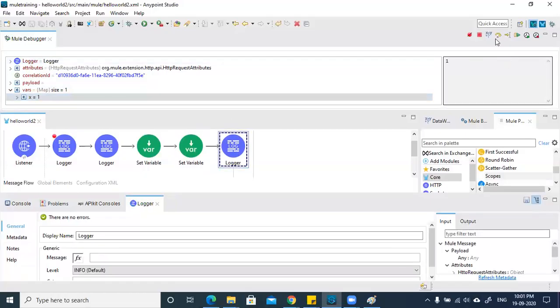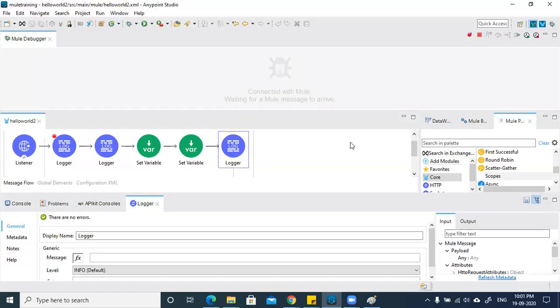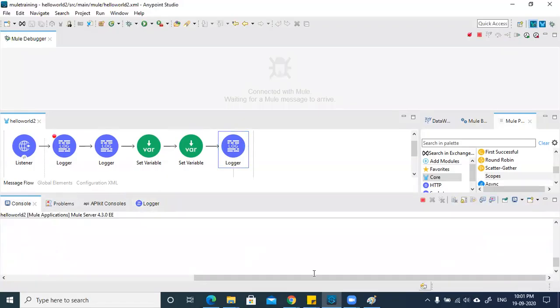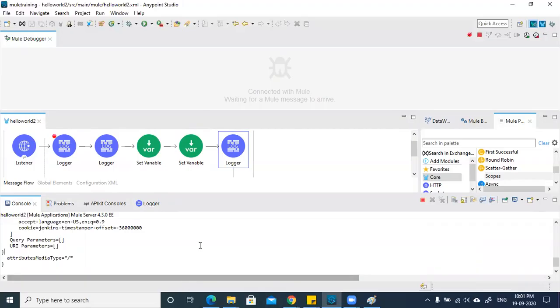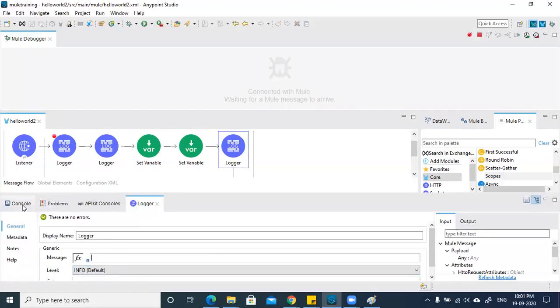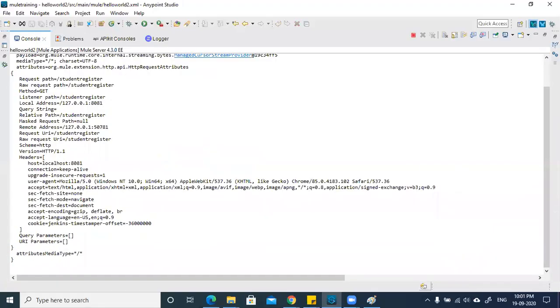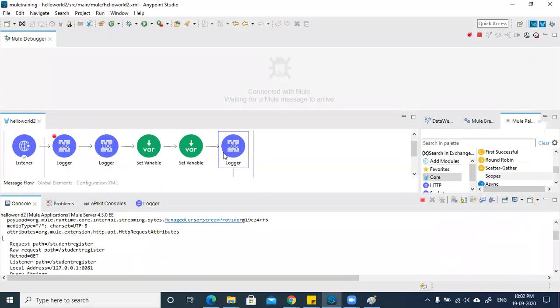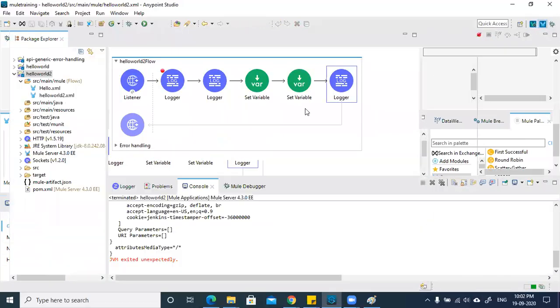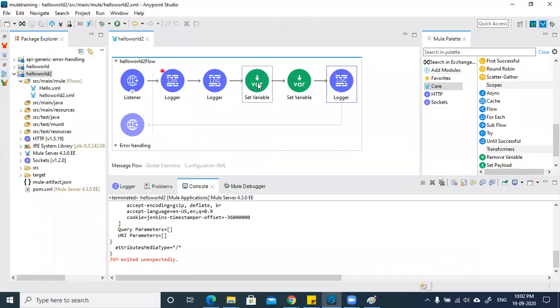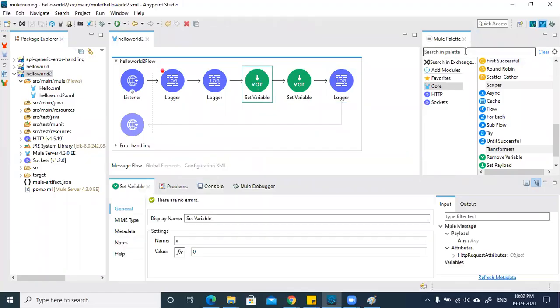Next you have the log component. Come over here, your program is done. For this log component, I did not write anything in the message, so it has printed everything, the raw information. So this is your logger. And this is about the set variable component. Similarly, we have one more component called the